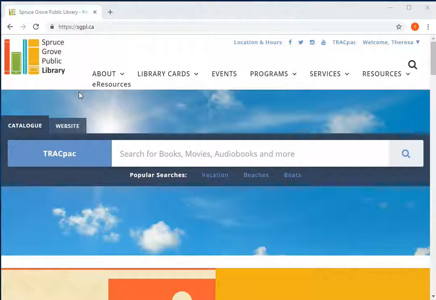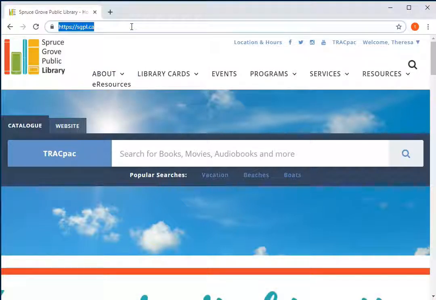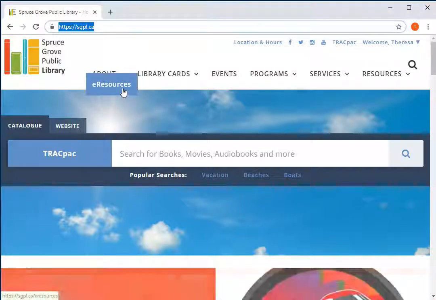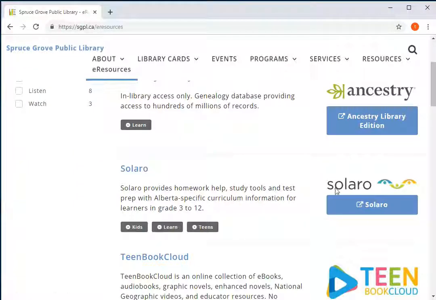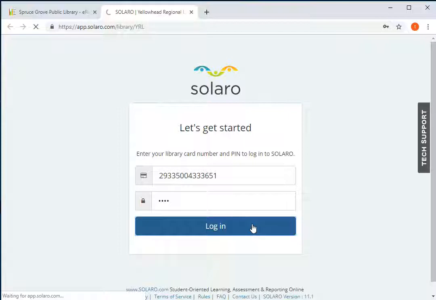The first step to access Solaro is to open your browser and go to the website sgpl.ca. From here, the home screen, go to the e-resources tab. Now you can either type in Solaro into the search bar or scroll down to it. When you find it, click the blue button under the logo and it will take you to a new website